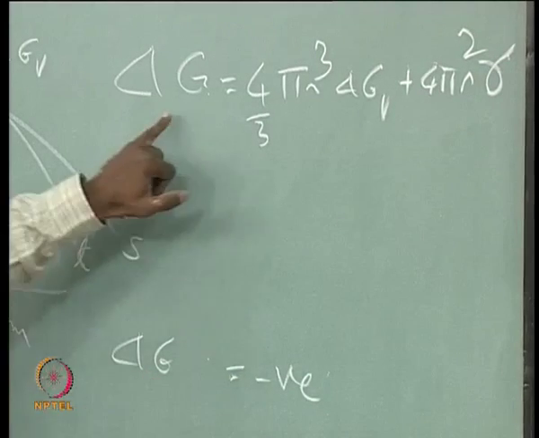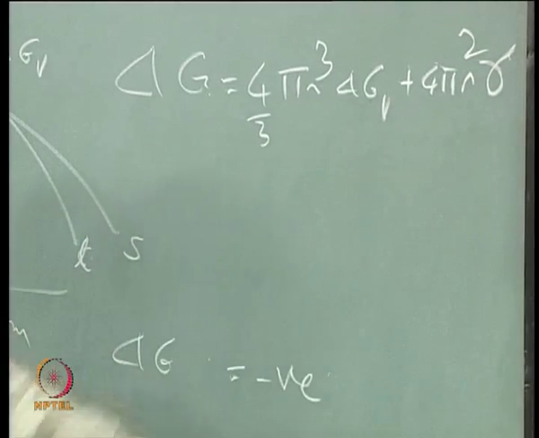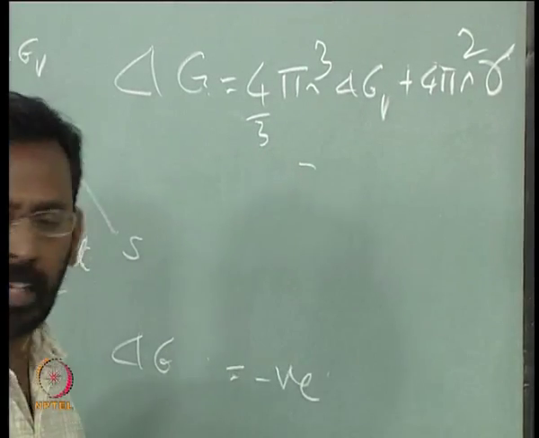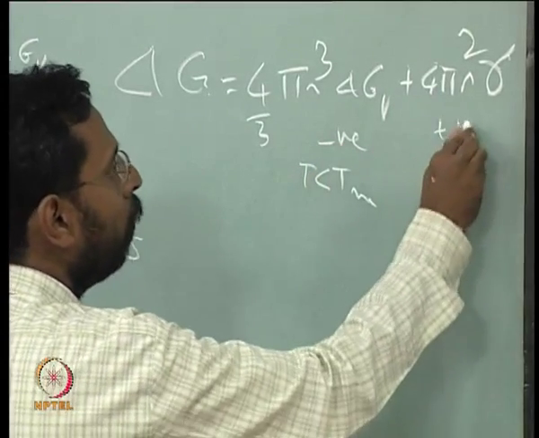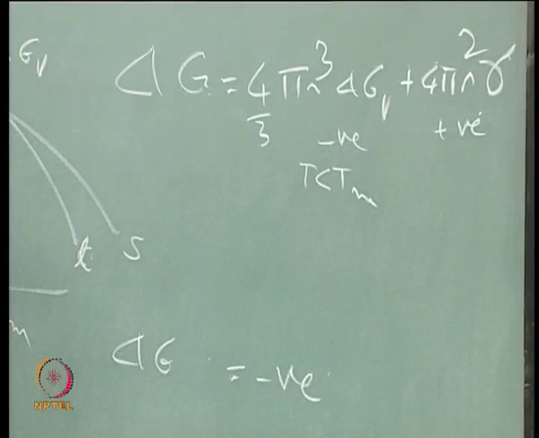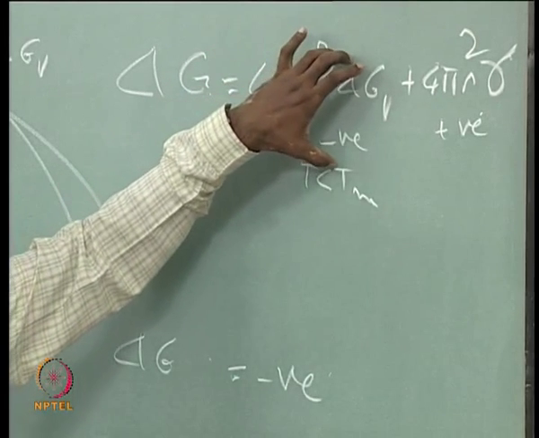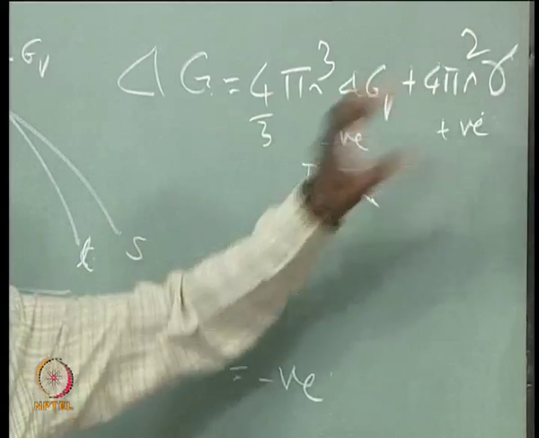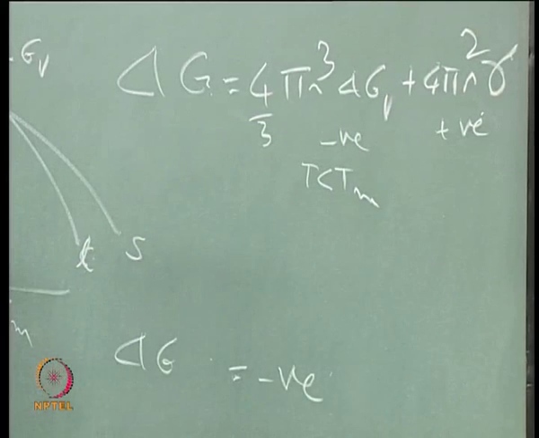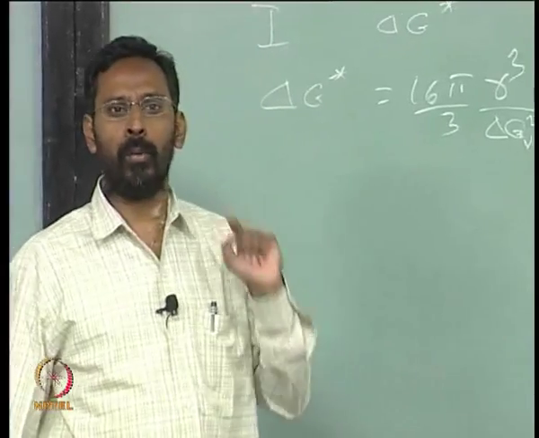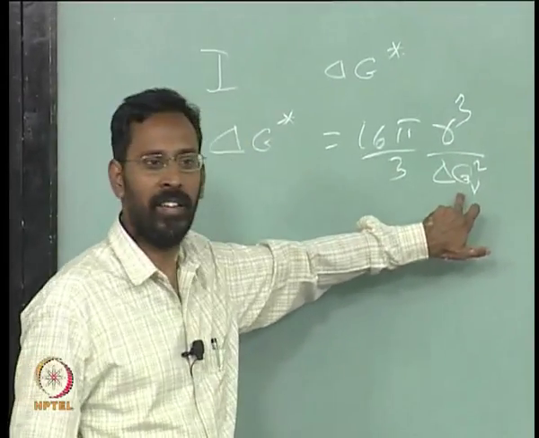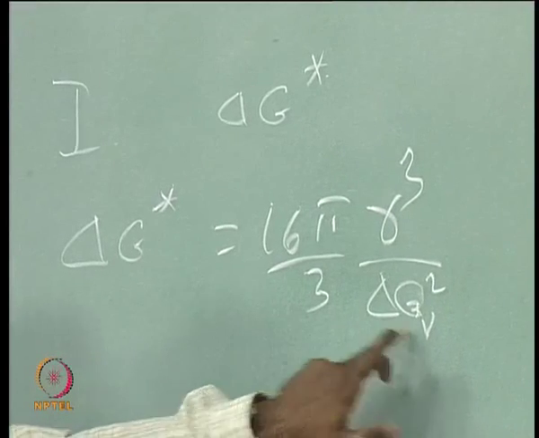This is the overall driving force which takes care of both surface energy and this, and in these two terms we know pretty well that this is at T less than Tm, this is a negative term, whereas this is a positive term. This also we know, and as a result this has to be high enough to take care of this. This is what we are talking about. So, you can see that from all these arguments we come to one conclusion, that this, to a large extent, decides this.